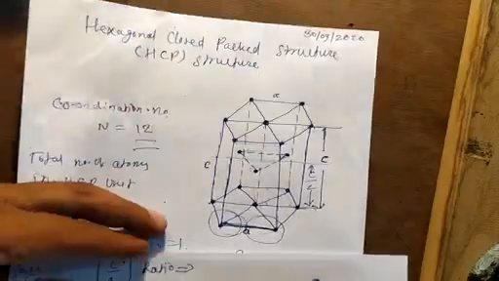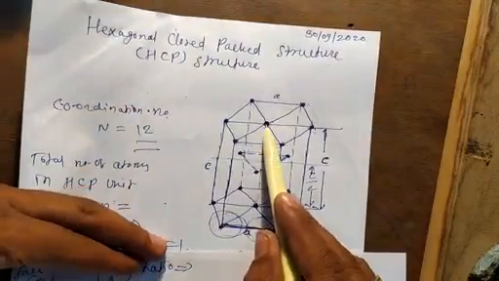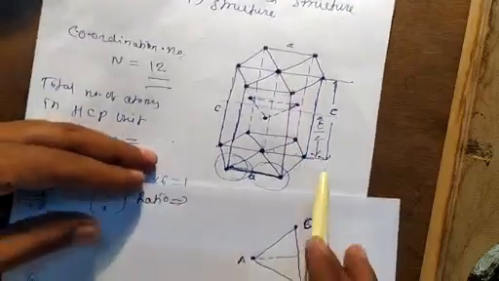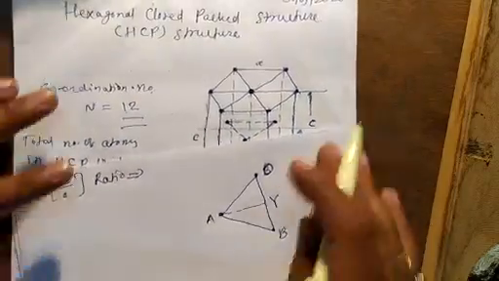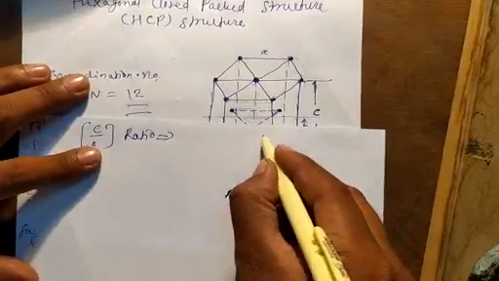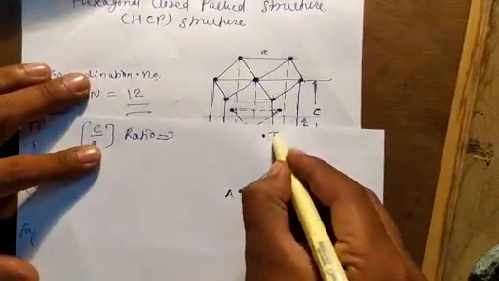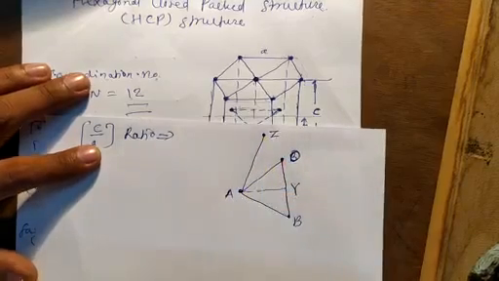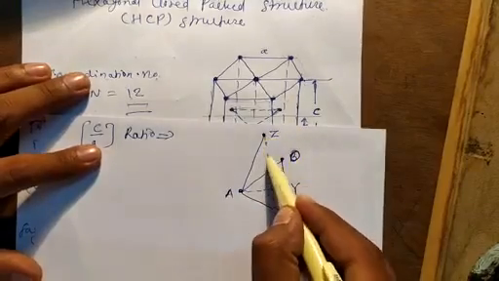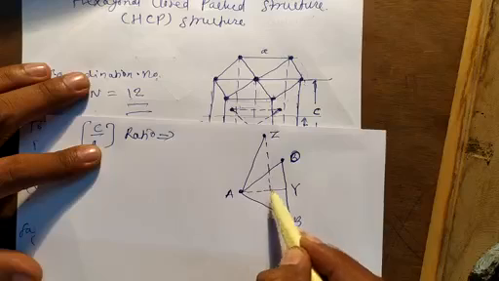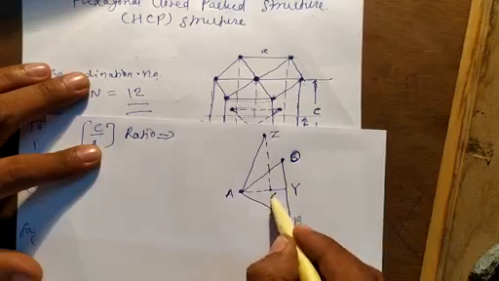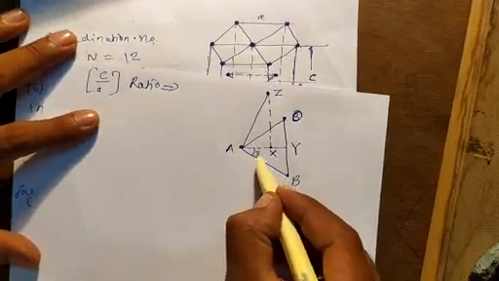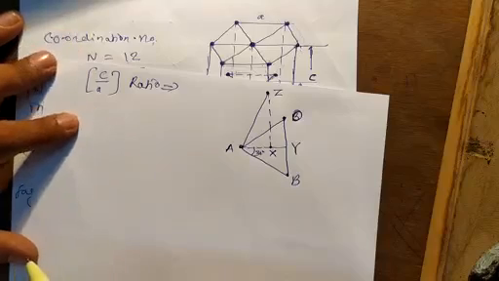And there is an atom, the face centered atom, which is above this point. Suppose this atom is represented here at this point, point Z. Now connect A to Z and draw a perpendicular from Z on AY. Suppose this point is X. Now this must be the 30 degree angle.